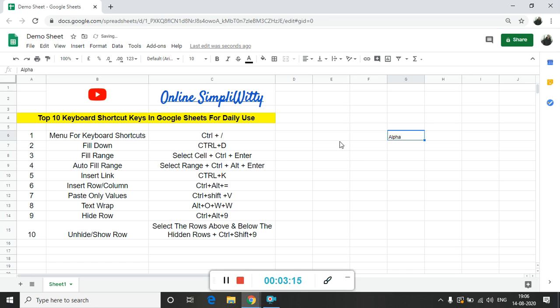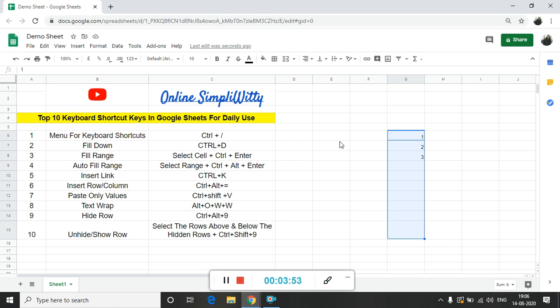Now let's say you are writing down numbers, 1, then 2, then 3, like this. Let's say you want to write numbers up till 10 or 30 or 50 or 100 or whatever. Instead of writing them one below the other, you can again select the range. This is known as autofill range. Let's say I select 1, 2 and 3 over here, and I select till the point where I want to paste it. Now I want 4, 5, 6, 7, 8, 9 and 10 to come down.